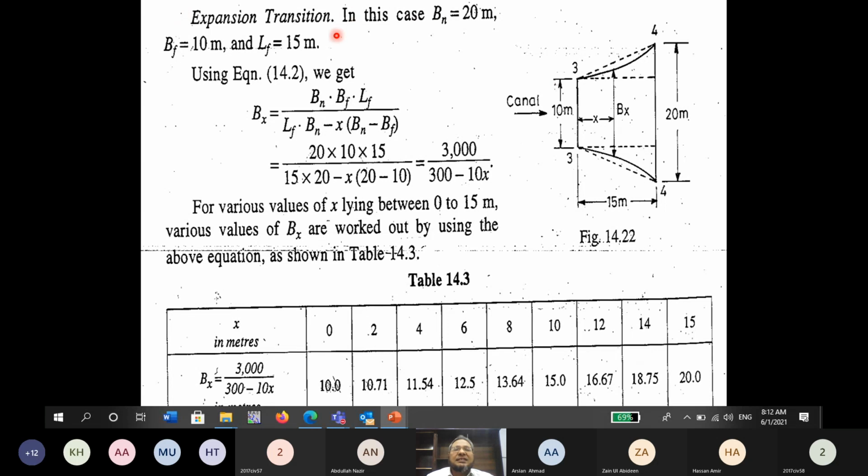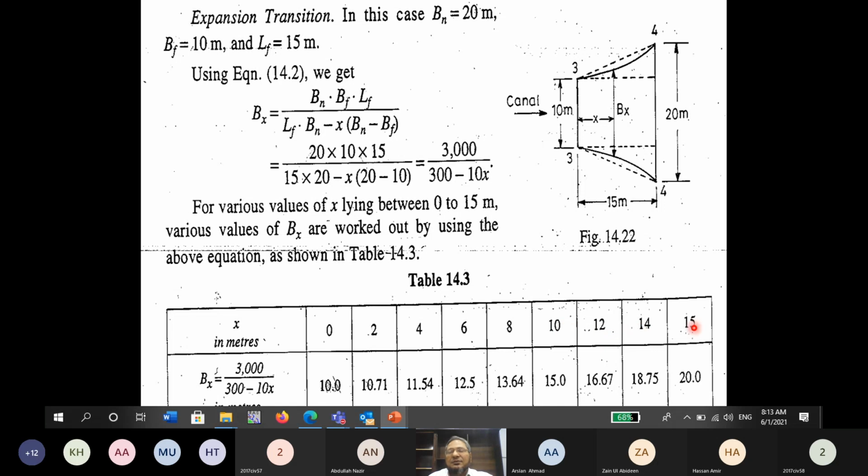Okay, now we have to design the expansion transition. So this is the expansion transition. The length we have already computed as 15 meters. And now this is the equation for bx, the width of the transition at any distance x, which is measured from the flumed section. If you put these values, after simplification the equation would be 3000 over 300 minus 10x. And similarly, you can make a table in which you can compute the values at an interval of